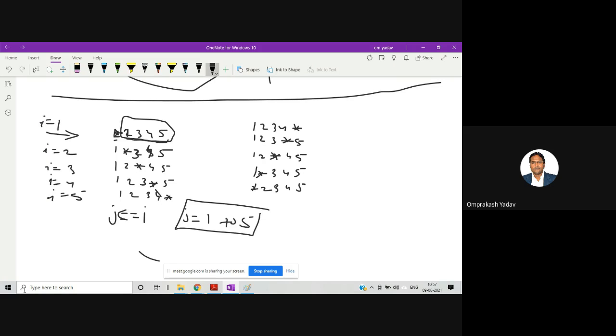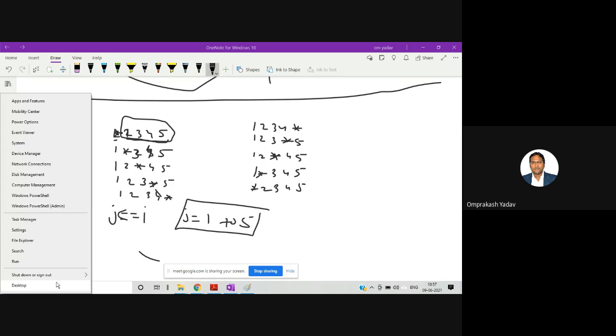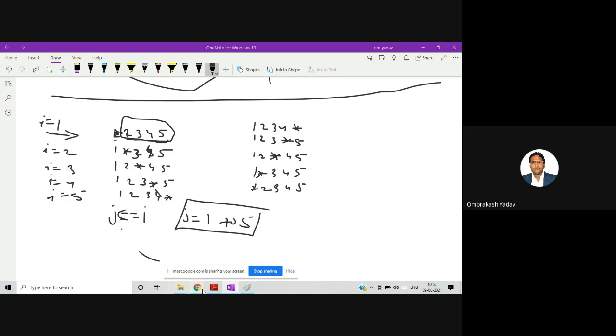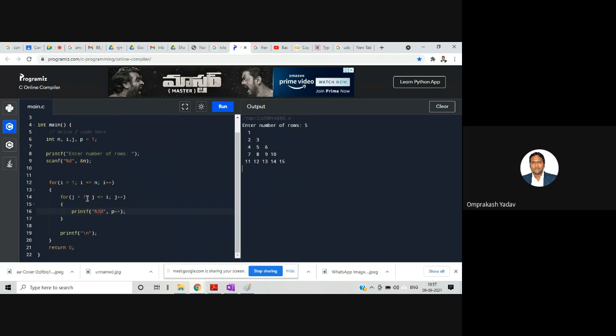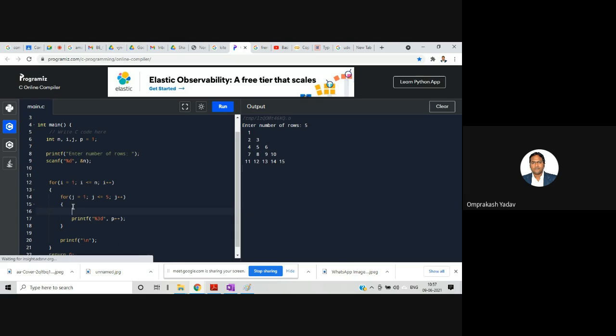So that thing is there. And whatever the I value is at that particular place, we can print the star. Let's check it. So here I am doing J less than or equal to 5.